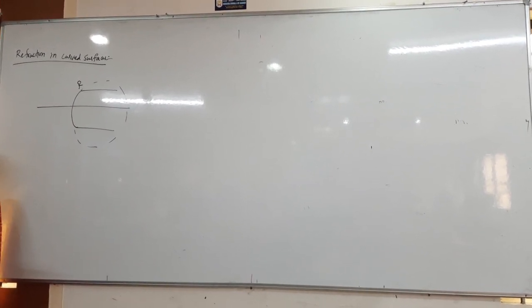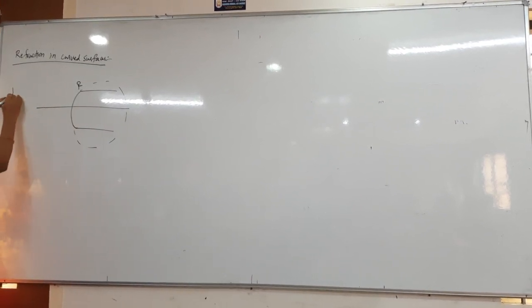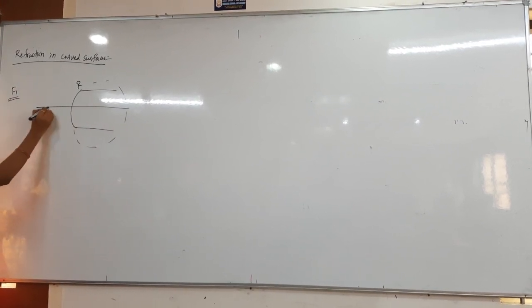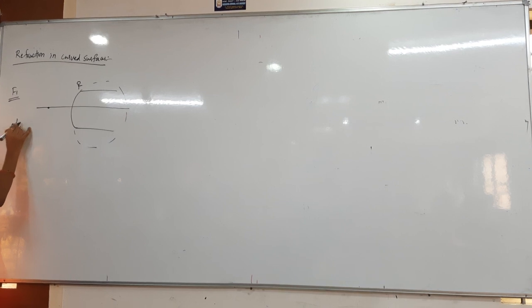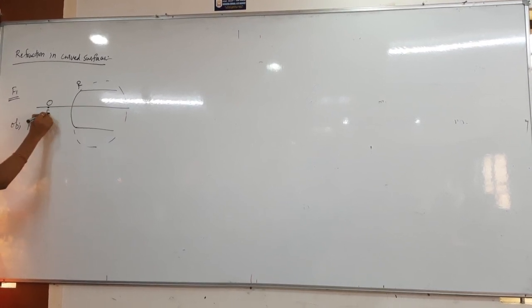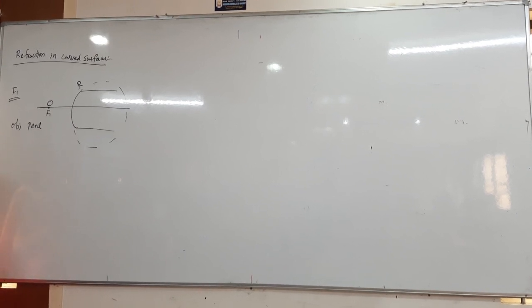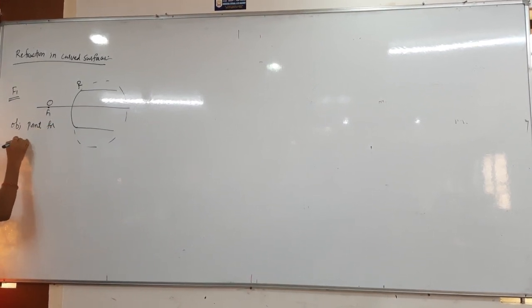For the first focus, let this be F1. The first focus is the object point: if you place the object at the focus, the image will be formed at infinity. The object point for which the image is at infinite distance. So how the bending and refraction process will happen means,